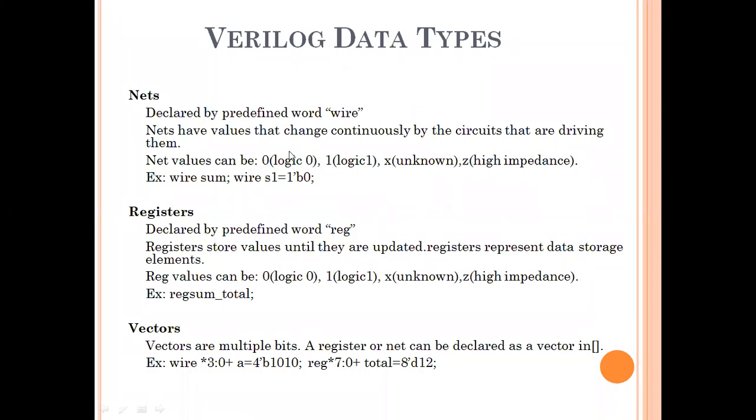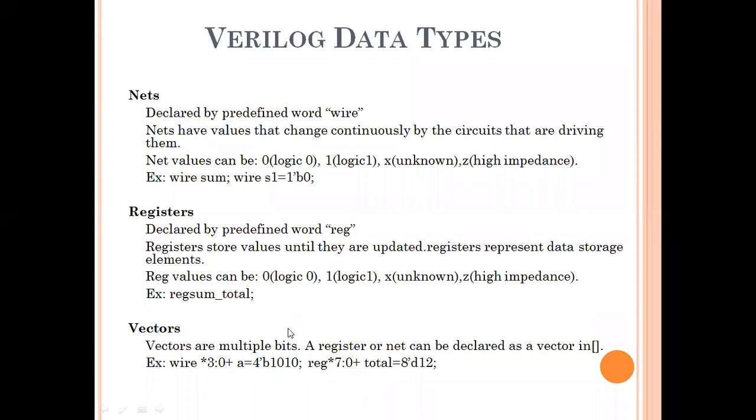Okay, all of you listen. So these are the data types which are used in Verilog, that is the net and register. Register is specifically used in the case of memory circuits like ROM, RAM. Whenever we have to design a ROM, RAM circuit or represent the ROM, RAM memory circuit with Verilog code, at that time we have to refer to the data type register because it stores a value.